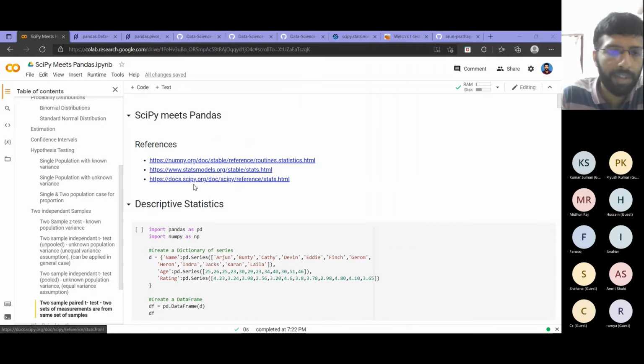SciPy stands for scientific Python. Statsmodels stands for statistical models. These two we will be using throughout in our inferential statistics and other hypothesis testing. And NumPy only we will be mostly sticking to for our descriptive statistics part, because everything that we want we can manage with that.